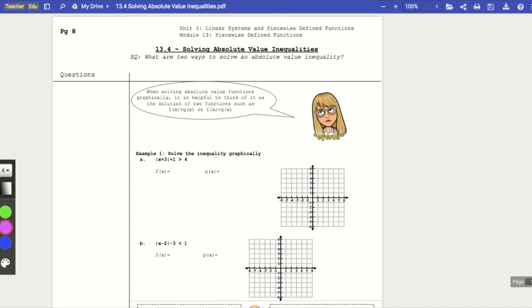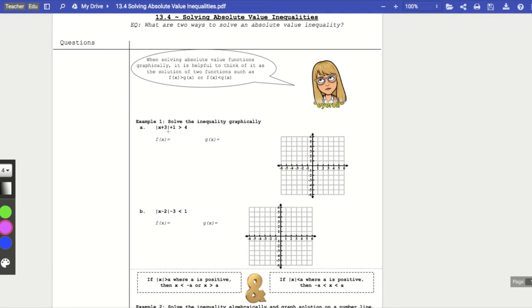So remember, we're going to just look at the function, figure out how it moved, and then graph the points that way. But the other thing you need to think of is to think about the function as being one graph either bigger than the other line or one graph less than the other line. So what I mean by that is, when we look at this example right here, first, I'm going to start